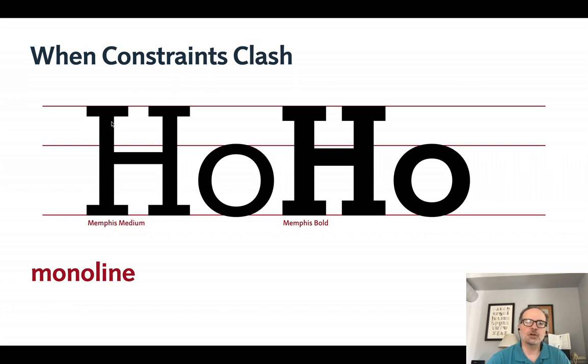And both Futura and Memphis would be classified as monoline typefaces. That is, instead of having thick and thin lines, big stems and slight hairlines, all the lines are made to be read pretty much as the same thickness. So the crossbar of an H is about the same width as the stems. An O is the same thickness all the way around,